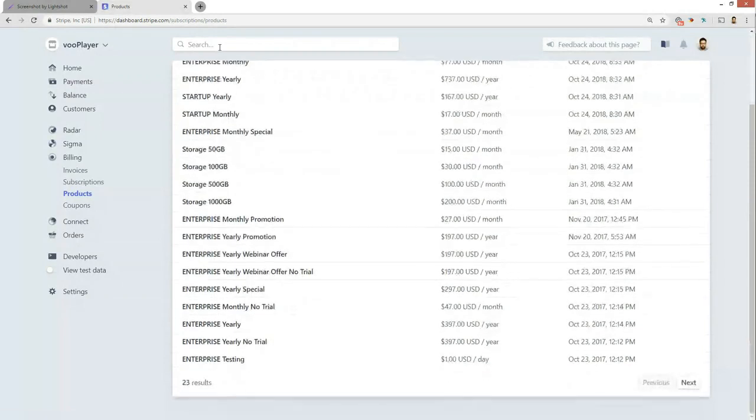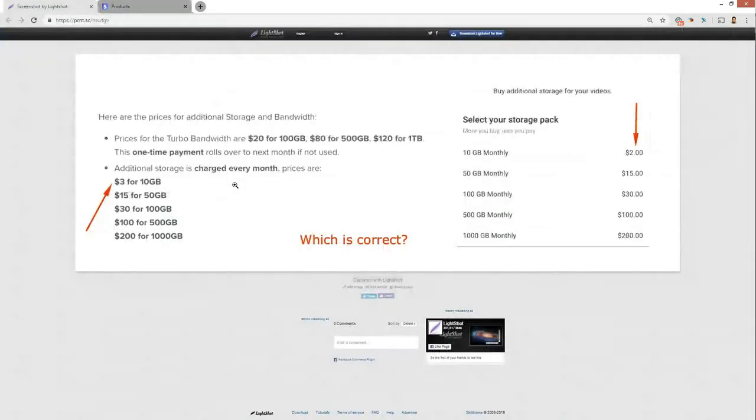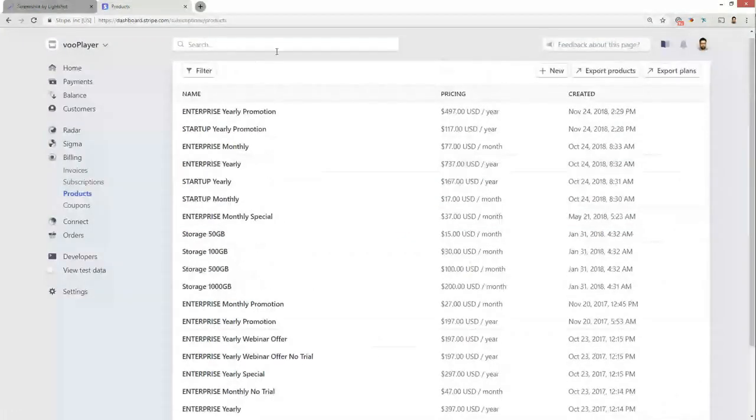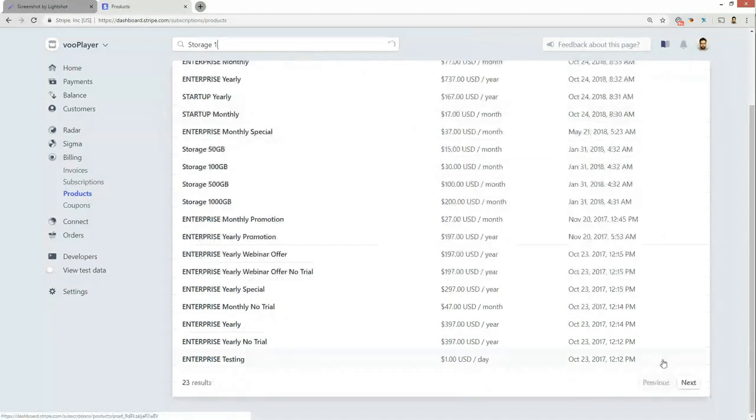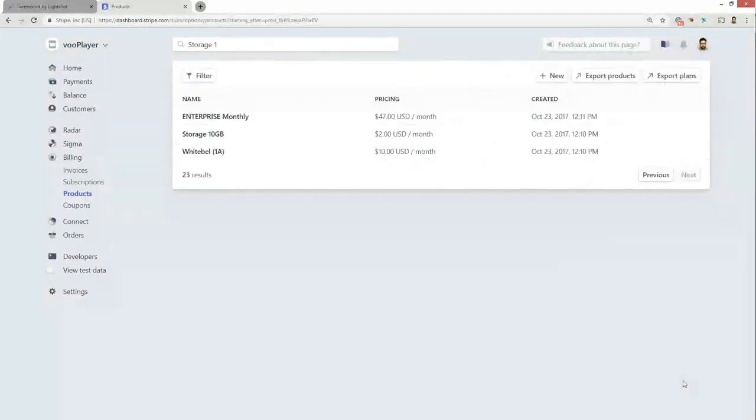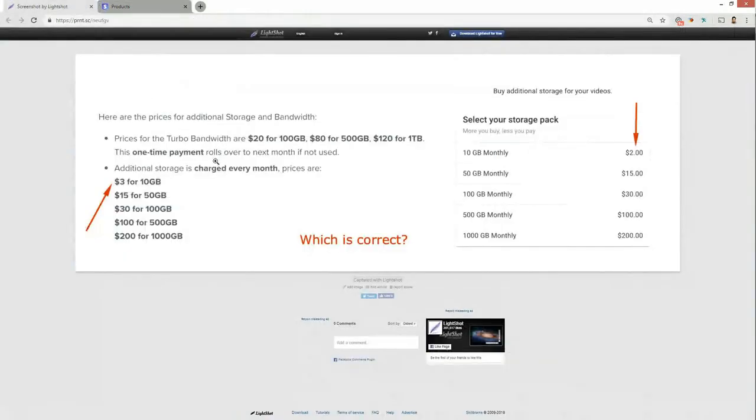And the correct for storage is storage. What was that? 10 gigabyte storage. Give me 1 second just to see if it's probably just on the second page. I didn't see there was 2 pages of this. Storage 10 gigabytes is $2. So $2 is the correct pricing, and you're always going to be charged $2, even though if it says $3. And if it's from the documentation, then it needs to be corrected. Thanks for bringing that up, Lewis.